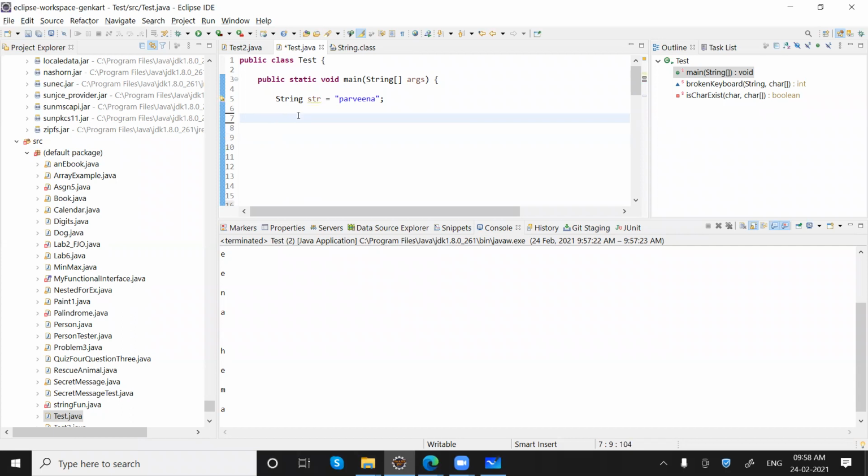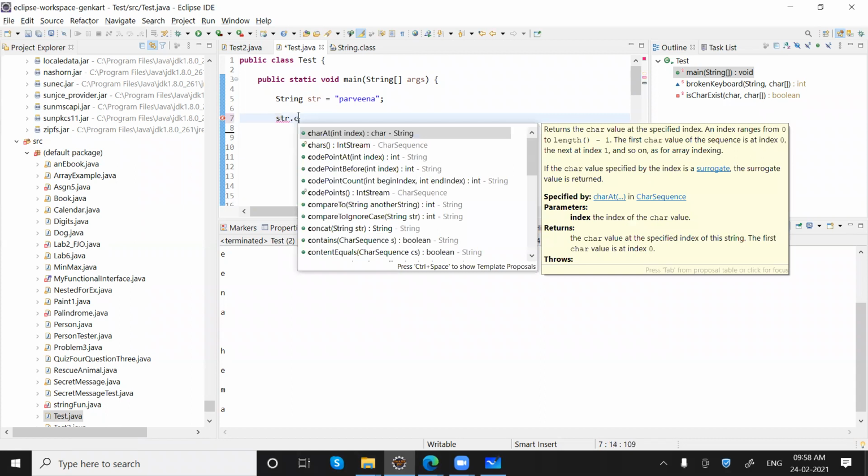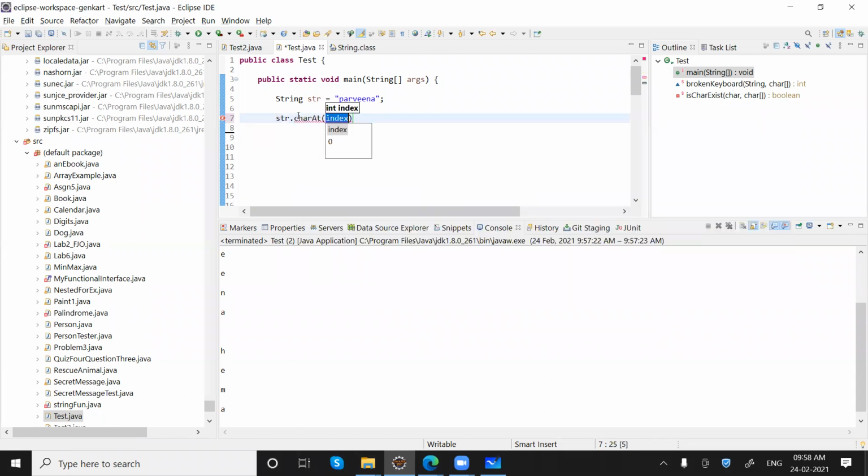We can say str dot, we can get the character like this. So it will give us the first character. First char, something like this.